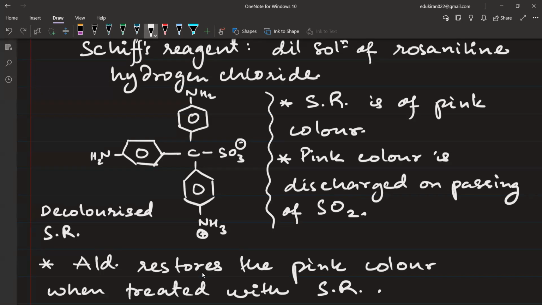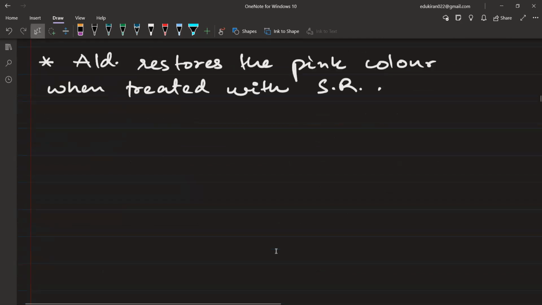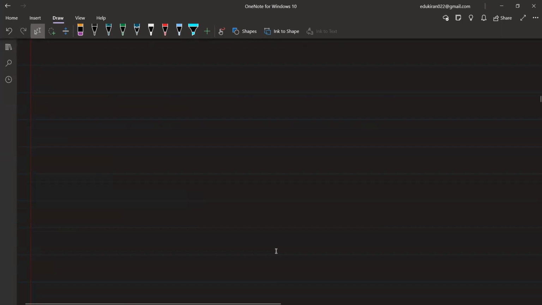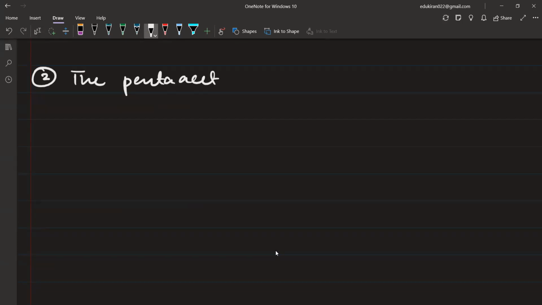Done everyone, yes or no, please tell me. लिख लिया सबने? Let me know if you have not written. Now please write the second point. The pentaacetate of glucose does not react with